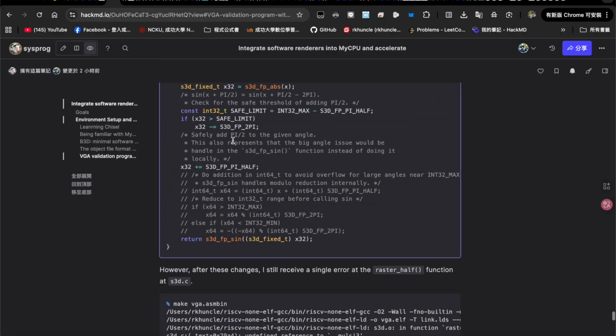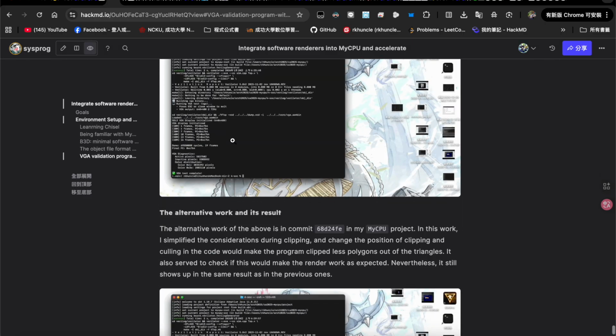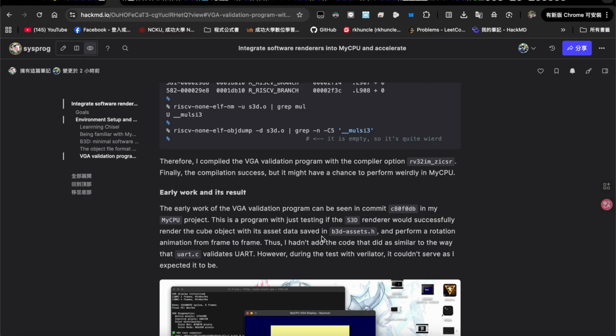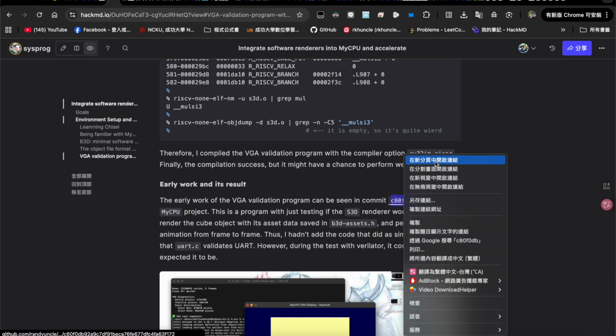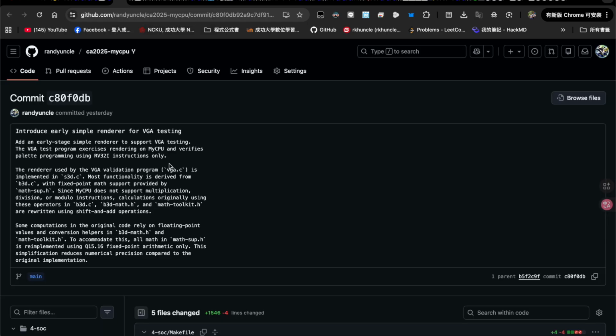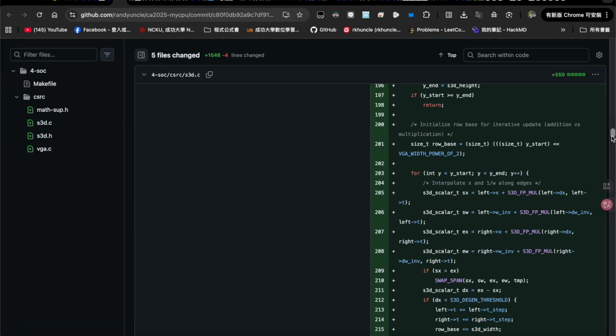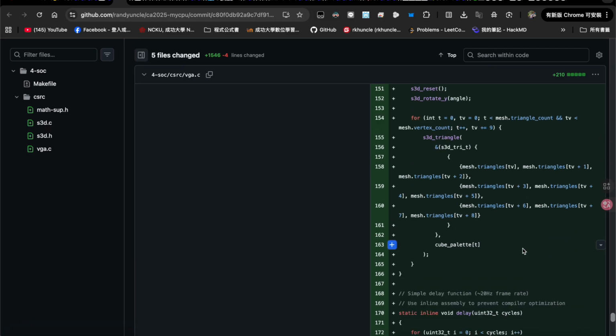is using the codes or the programs that I mentioned before. I use the S3D, the simple 3D renderer that I derived from B3D specifically for the VJ validation programs, and also the math operation header file, which is called math.h. You can see these changes in these comments. So the S3D.c, S3D.h, math.h, and the VJ.c in here. The VJ.c is the main program